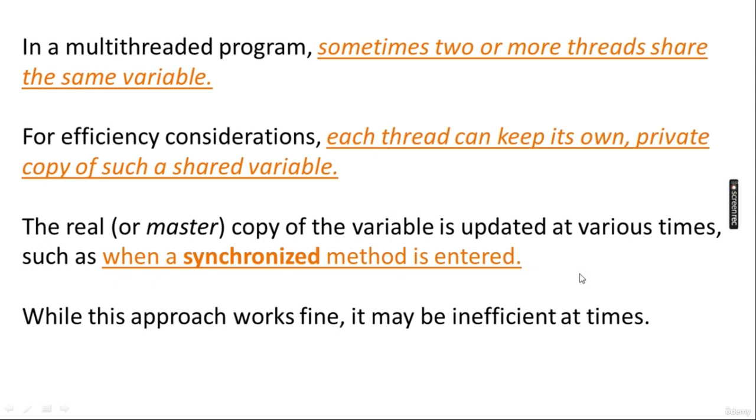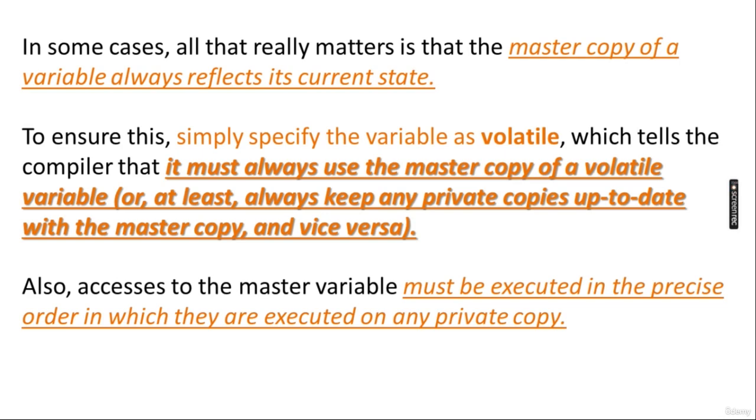The real or master copy of the variable is updated at various times, such as when a synchronized method is entered. While this approach is inefficient, in some cases, all that really matters is that the master copy of the variable always reflects its current state. Master copy is the main copy that will always reflect the current state. To ensure this, simply specify the variable as volatile, which tells the compiler that it must always use the master copy of the volatile variable, or at least always keep the private copies up to date with the master copy